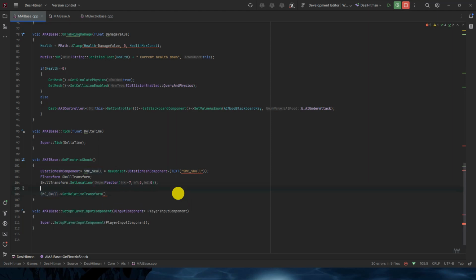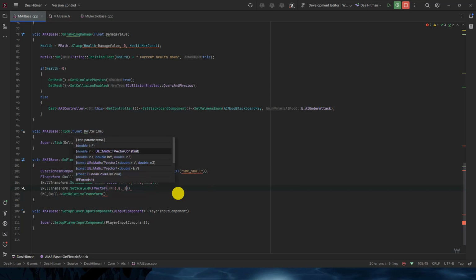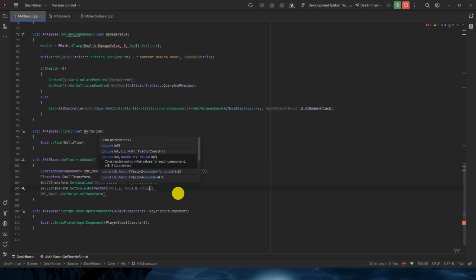Let me set the scaling. So skull transform dot set scale 3D 3.8 comma 3.8 comma 3.8,